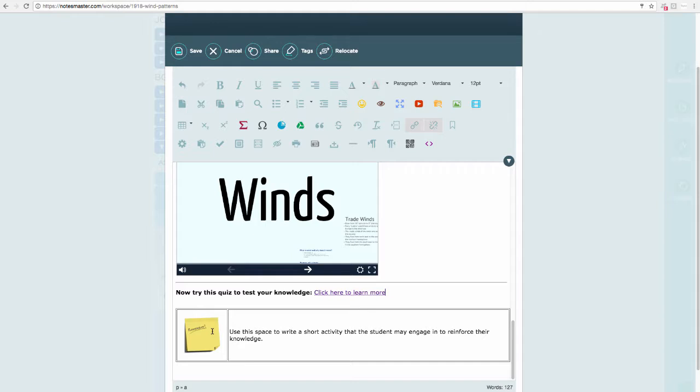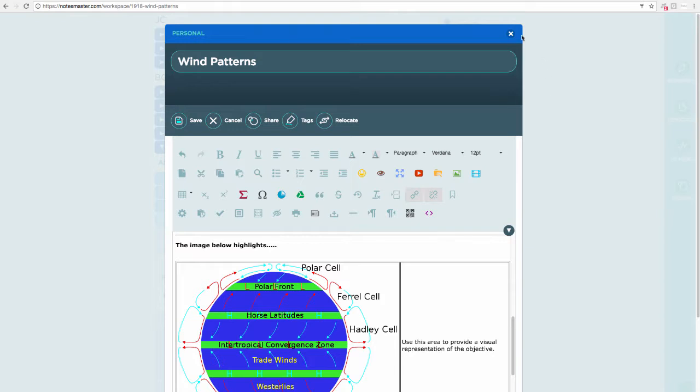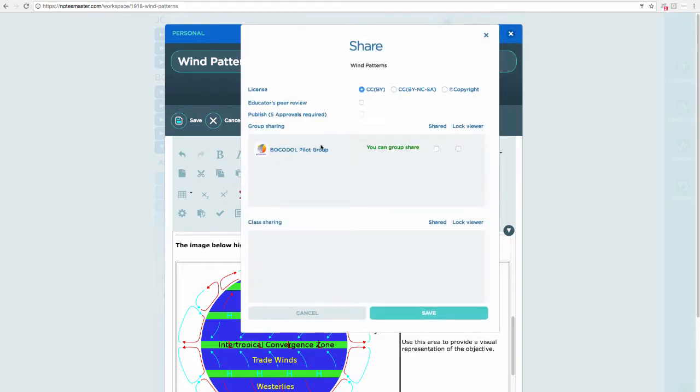of the resource. Remind the student something to test their knowledge. Now go out and practice this or try something like that. So we save. Always remember to save. And then we close, or we share with our group. If we're in a group, we share in this case with the Bocadol pilot group. Click share, click save,